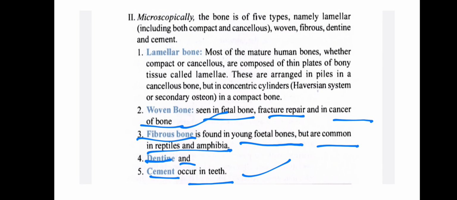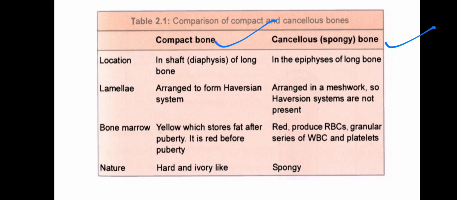Now there is a comparison between compact and cancellous bones. Compact bones are located in the diaphysis of the long bone, but cancellous or spongy bones are in the epiphysis of the long bones. Now comes the arrangement of lamella. Arranged to form Haversian system in compact bone, and arranged in meshwork so that Haversian systems are not present in